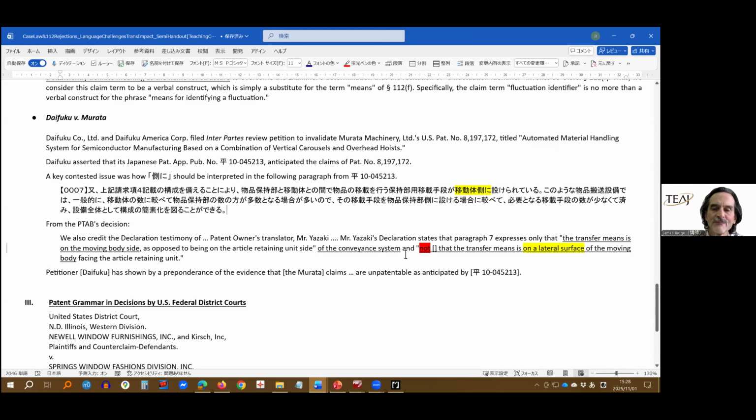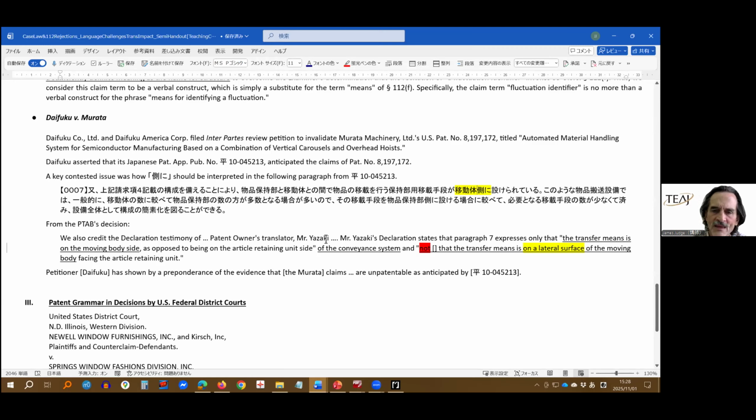So I think what was happening here is that Murata was trying to say that it could include being on the side of, or maybe Murata's attorneys wanted to, because the Murata patent itself, there was some issue about whether the idō tai, the equivalent of this in the Murata patent, is actually disposed on the side of the system or on the side of a particular component of the system. And that was what the whole issue was about.